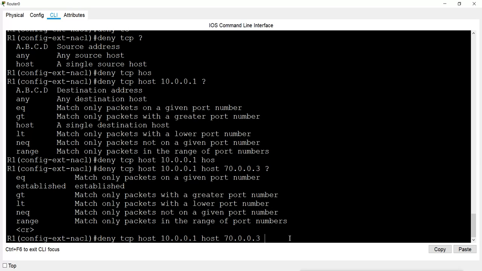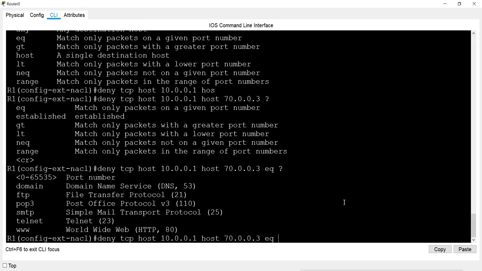I want to block FTP, so I will say equal to port number 21 for FTP. So for 10.1 I am denying FTP here.